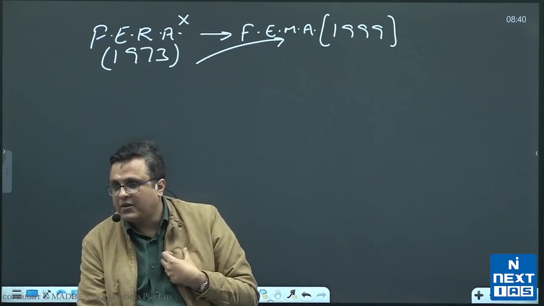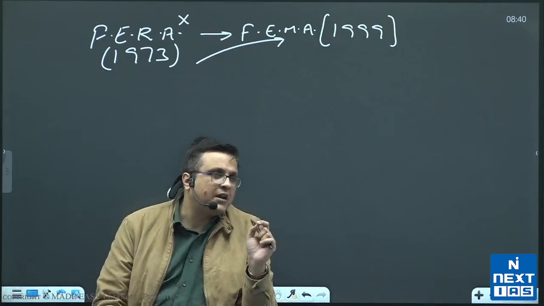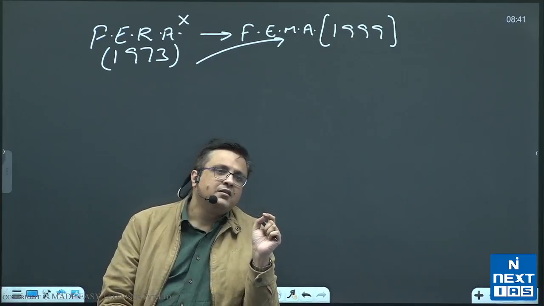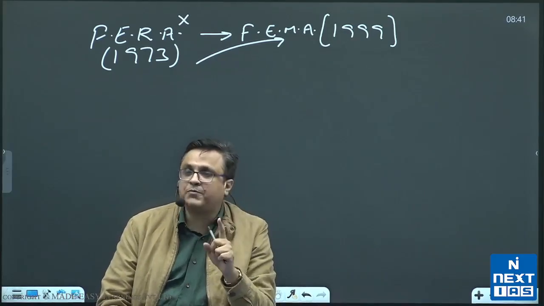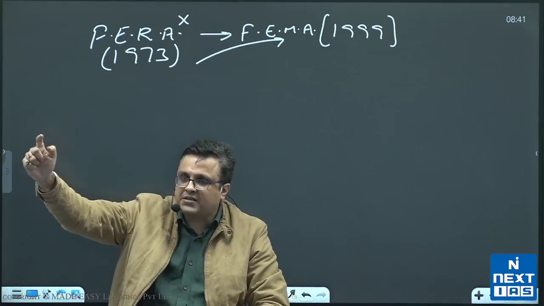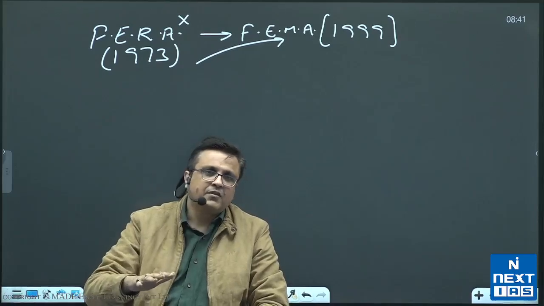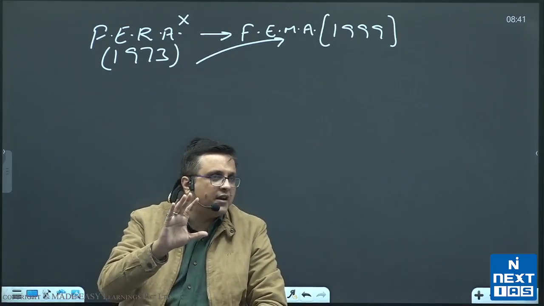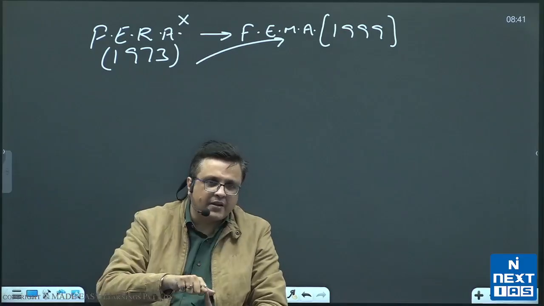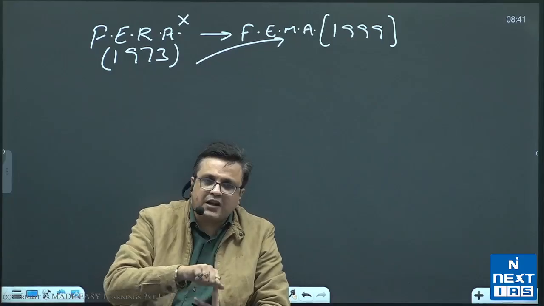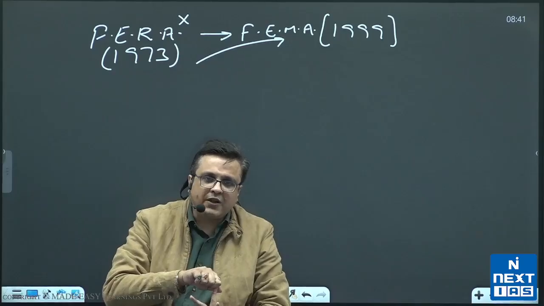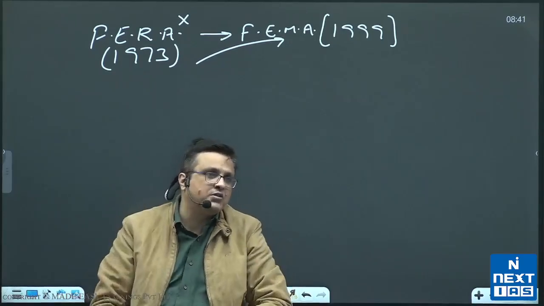If my level has gone up, then let's stop giving this wrong dialogue that poors have become poorer in India. Poors have not become poorer in India. Rich have become richer and poors have become richer. It is just that rich have become richer at a much faster pace, which makes us see inequality in our face. But poors are much better off in today's India than what they were able to do 35 years back. Today's India can afford a MNREGA. Today's India can afford a Garib Kalyan Anna Yojana. Today's India can afford something like a PM SVANidhi. 35 years back India could not afford it, is the word I am using.